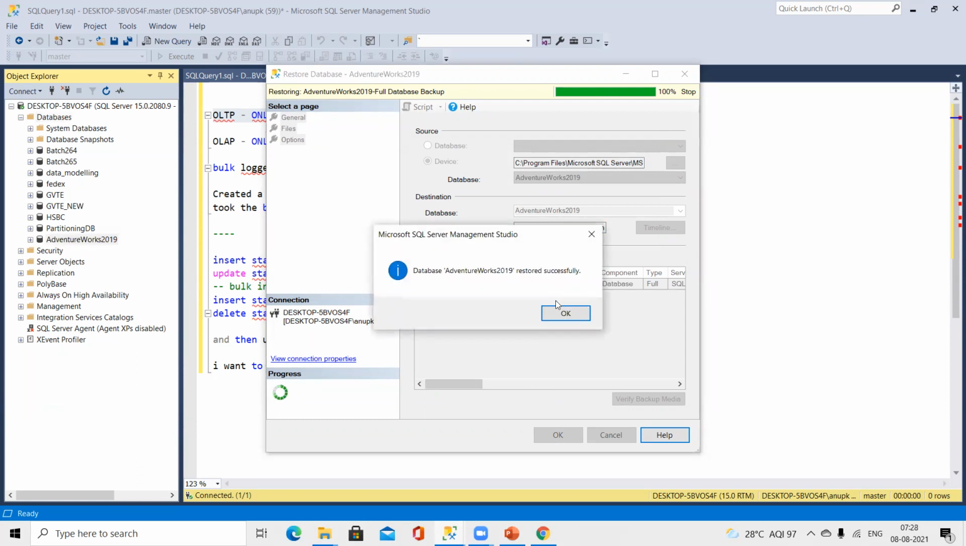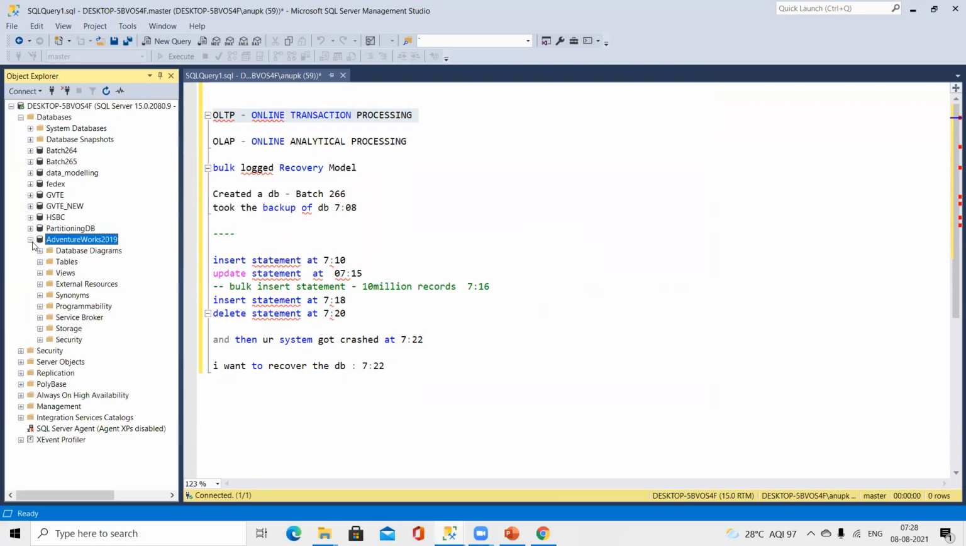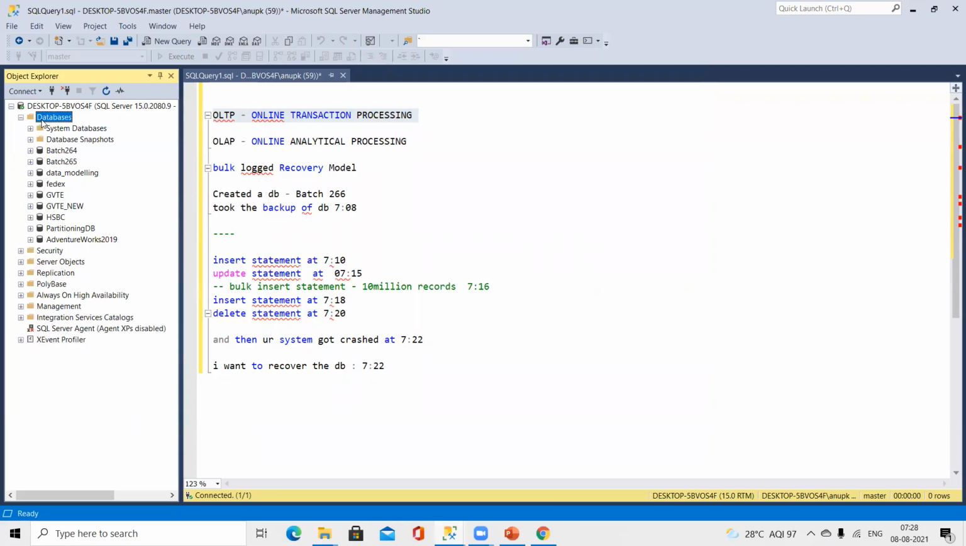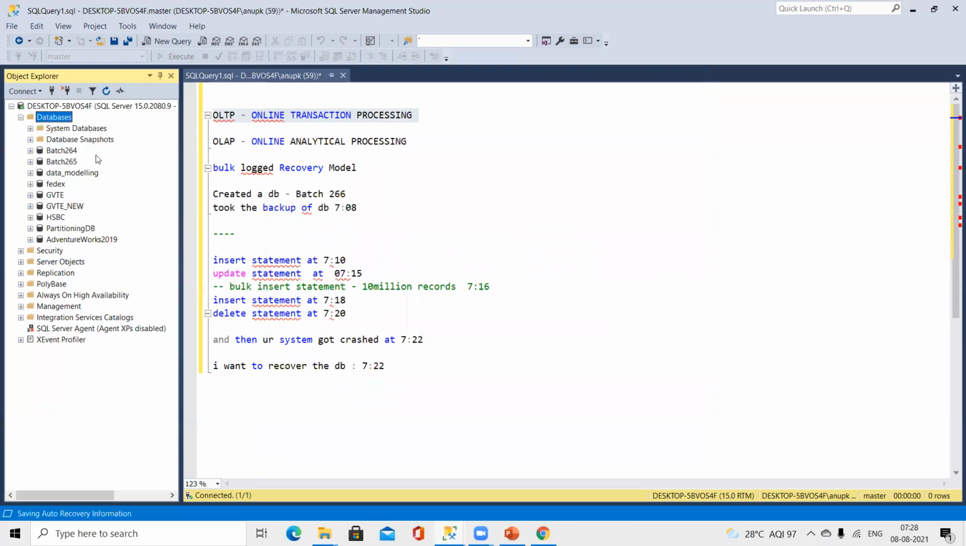So you can see that I got this message, database AdventureWorks 2019 restored successfully. I can click on OK, and as you can see, we have this database here. In the same way, if I want to do it for another database, I'll again go on databases, restore database,